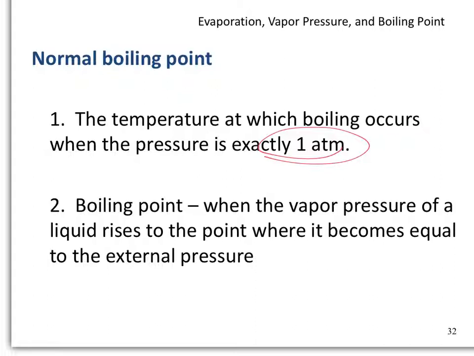Realize the concept of boiling. If you are in the mountains, let's say you're in Colorado or Denver, that area, the external pressure is going to be lesser than the external pressure in, let's say, Florida, which is at sea level. So since the external pressure is less than 1 atm, it's easier for water to boil. And in fact, water boils at 94 degrees Celsius